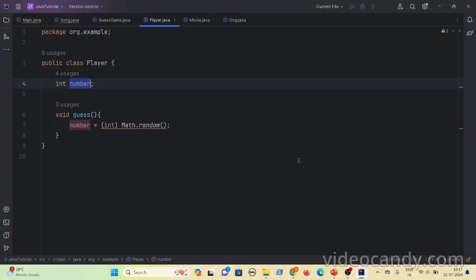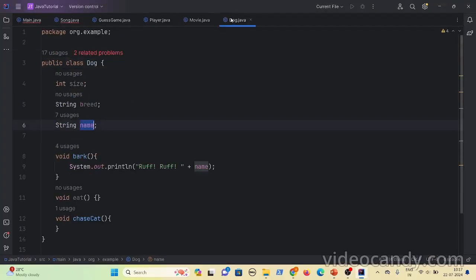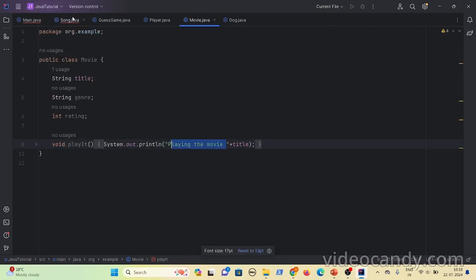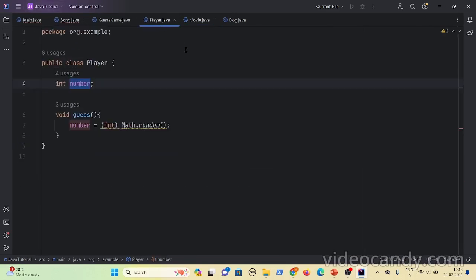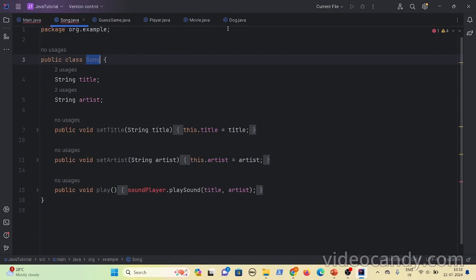Let's see. Now, if you see here, we have created our own classes, like the dog class, the movie class, and then the song class, player class, everything. So this dog name is given by us and the song name is declared by us.